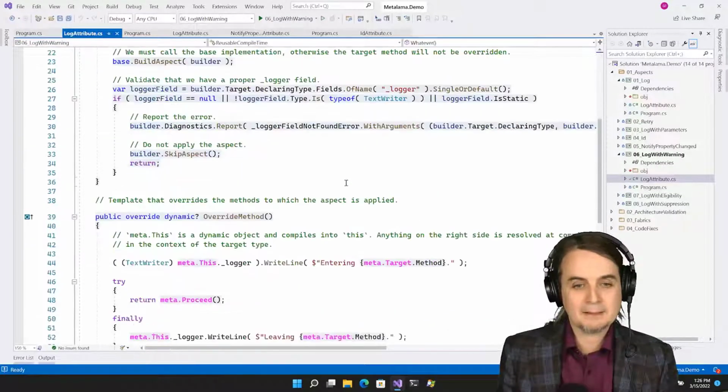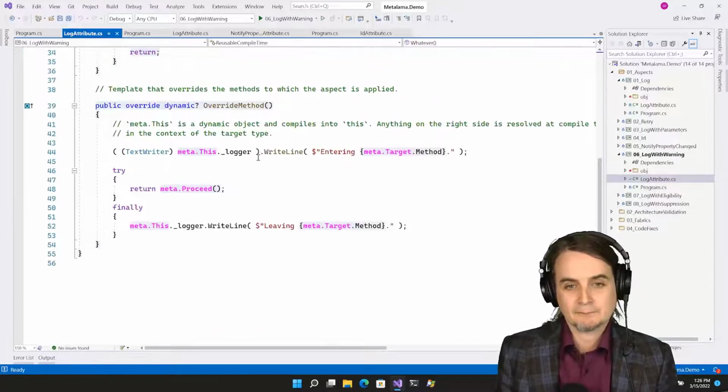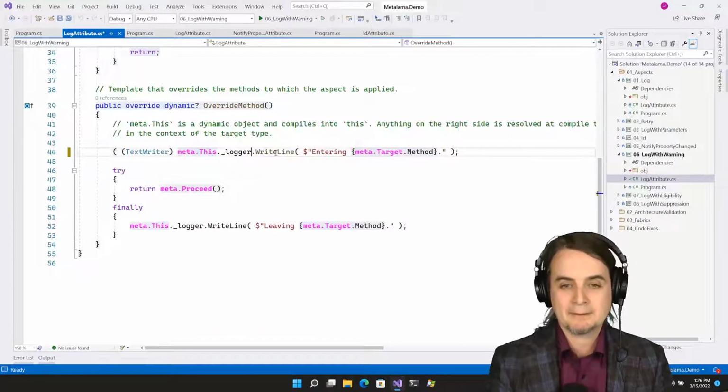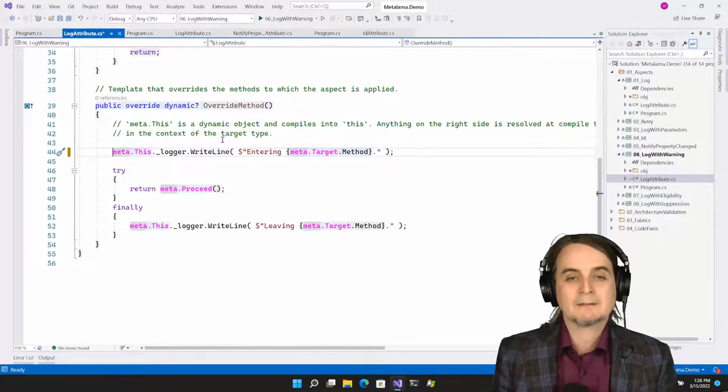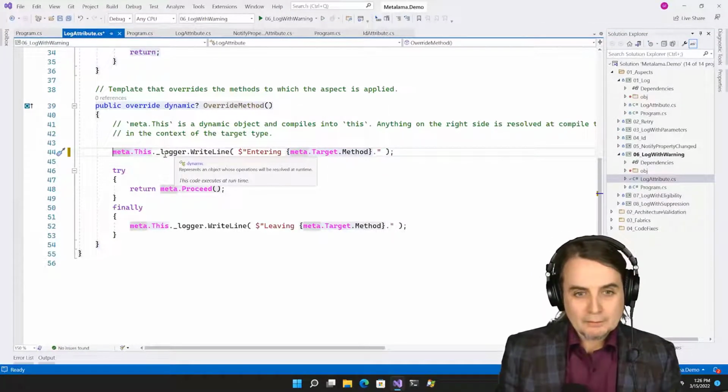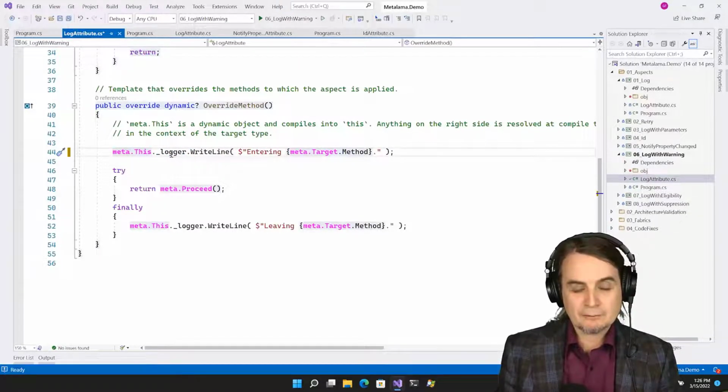And in my template here, that was from the previous demo, I'm going to use this logger field here instead of Console.